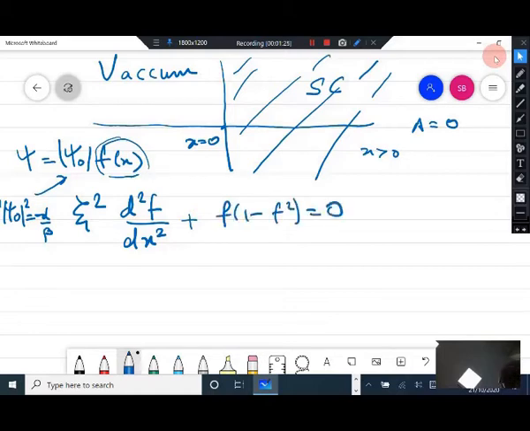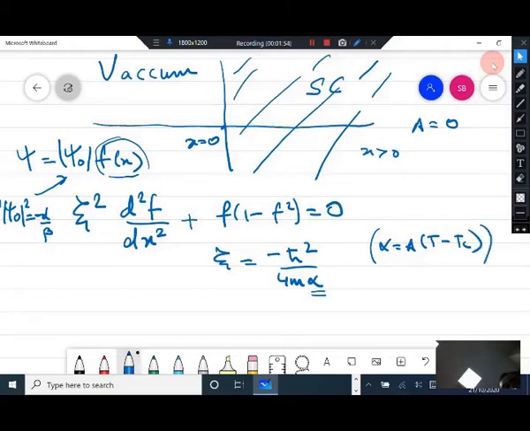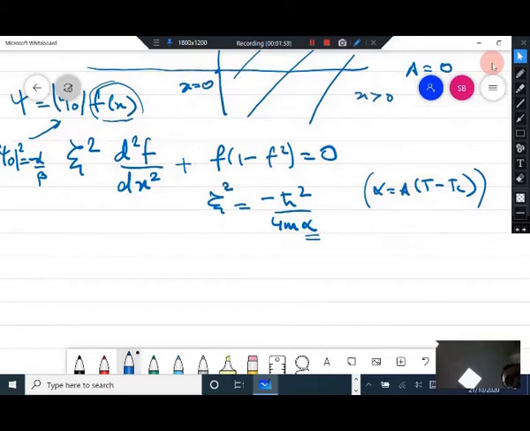plus f into 1 minus f square is equal to 0, where xi turned out to be a quantity which is minus h cross square by 4m alpha. This negative sign, for T less than Tc, gets absorbed into alpha, and you will get Tc minus T, because this Ginzburg-Landau parameter alpha has a temperature dependence, alpha equal to a(T minus Tc). So you can write down this expression. Xi square has